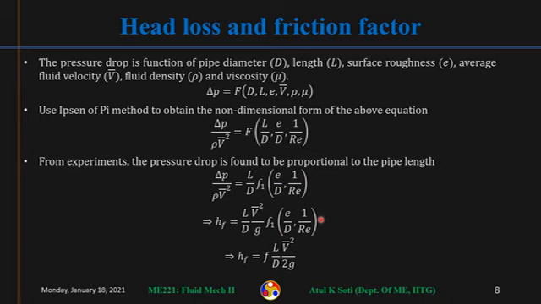Now this function f1, we try to rewrite it, so we write this head loss as hf is equal to some other function f times L by D and then V squared by 2g, where, if you compare these two things, this f is simply twice this f1, which is a function of surface roughness and Reynolds number.